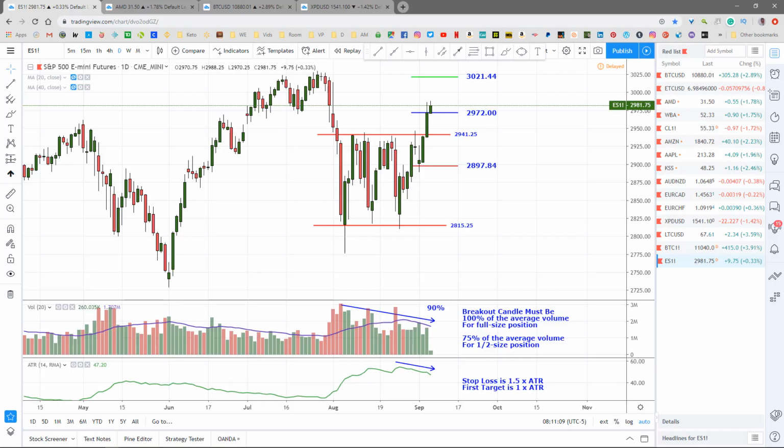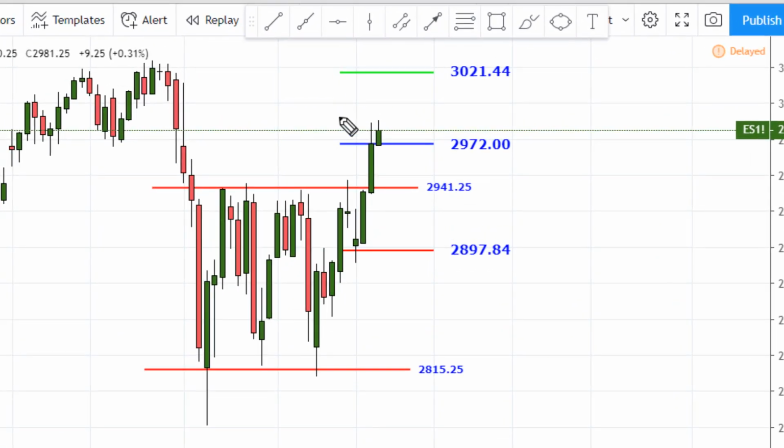I know I told you Wednesday about this trading range on the E-mini S&P 500, but I didn't give you any details. I was actually going to analyze this for today's video, but it triggered yesterday. I'm hoping you learned enough from the training on trading ranges to get into this trade. Anyway, I bought this yesterday on this close right here at $29.72 with my stop loss at